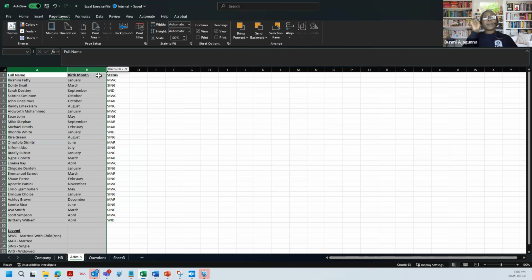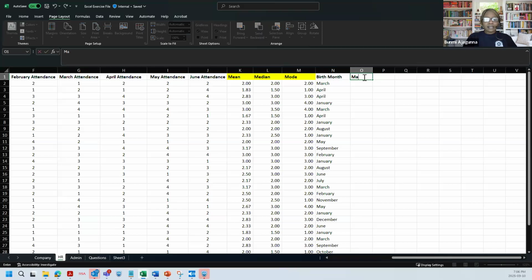But what I'm going to do now is I want you to bring the status, that's the marriage status, which is in my third column, so you can understand. So when I highlight this, it says this is third column, right? So I'm now going to go back to this formula and say marriage status.